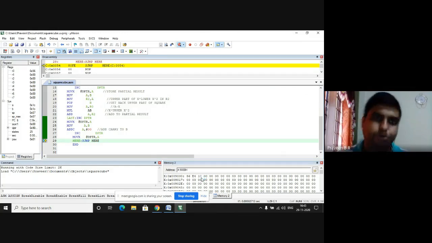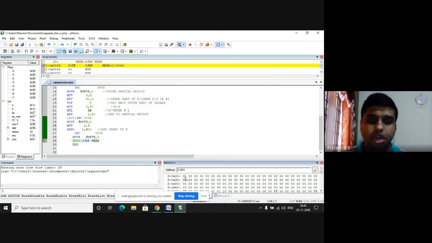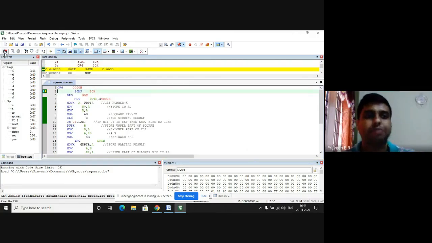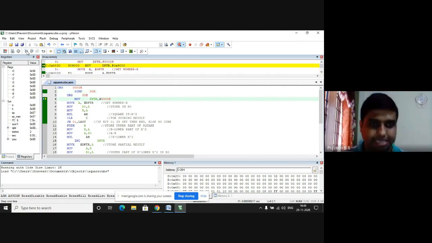Now in the same program, I can also check whether I'm calculating the cube of the given number. How do I calculate the cube of a given number? I go to the 20H memory location. In the place of 02, I type 00 and I save it. I go to the reset, which says that I'm starting the program again. Now I start the program once again.